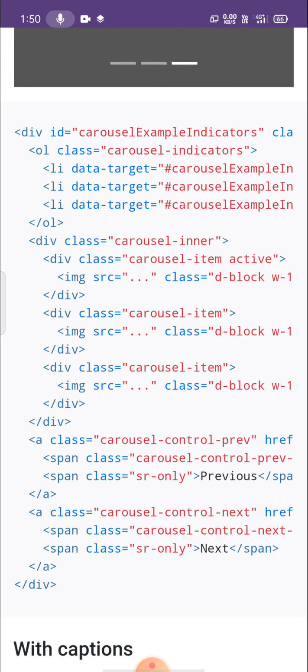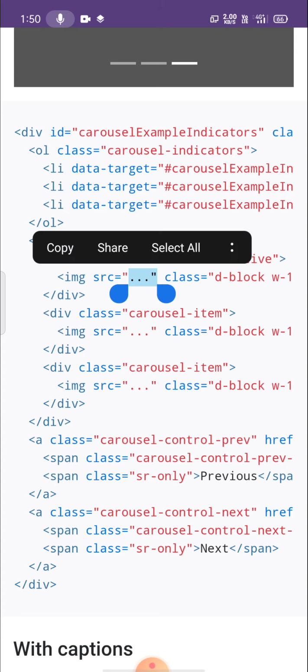We can copy this, and we need to paste it in our web page where we want to add it, and we have to give the src of the image here. Here you can observe that there are dots. Instead of these dots we have to give the src, that means the URL of the image from Google.